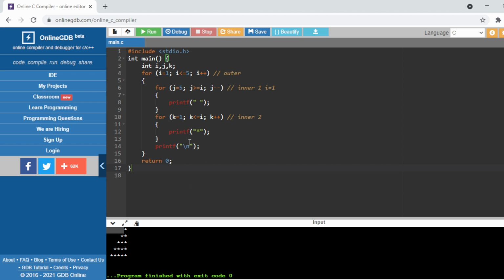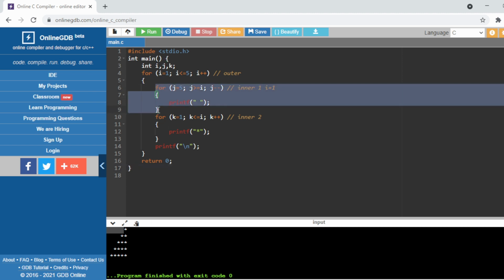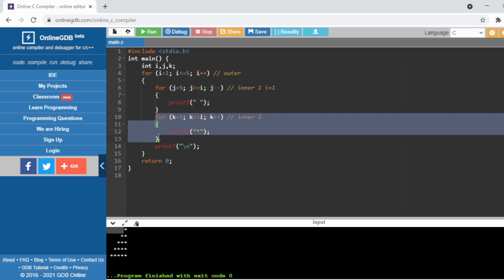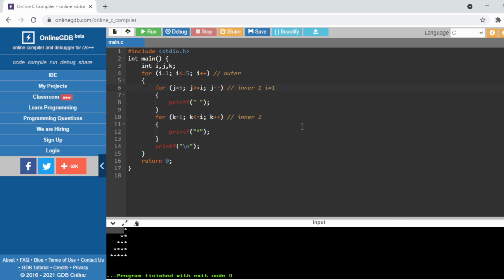After that, when this condition is false, it will go to the second inner loop. Second inner loop means, when the value of j, that is the j minus minus, right? It means when the value of j is 0, because here the value of i equals 1, right?